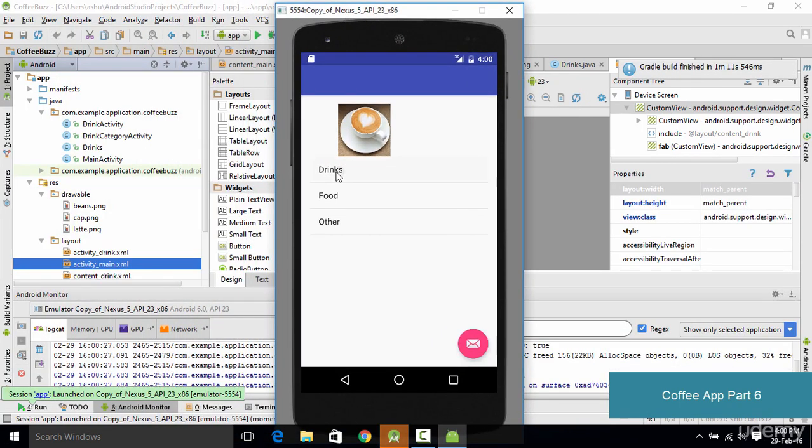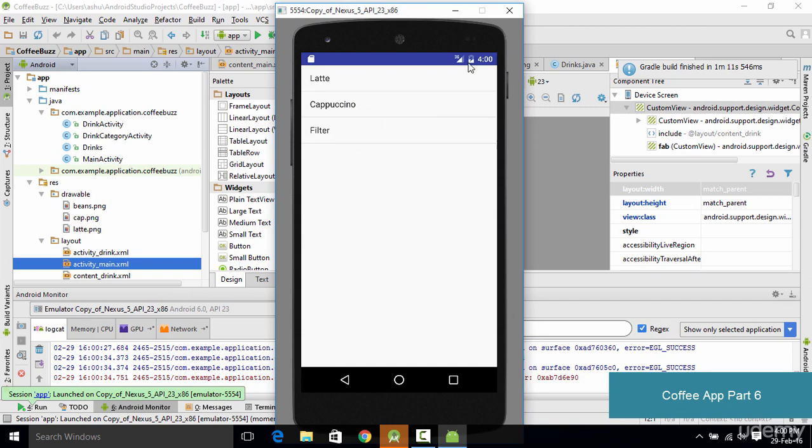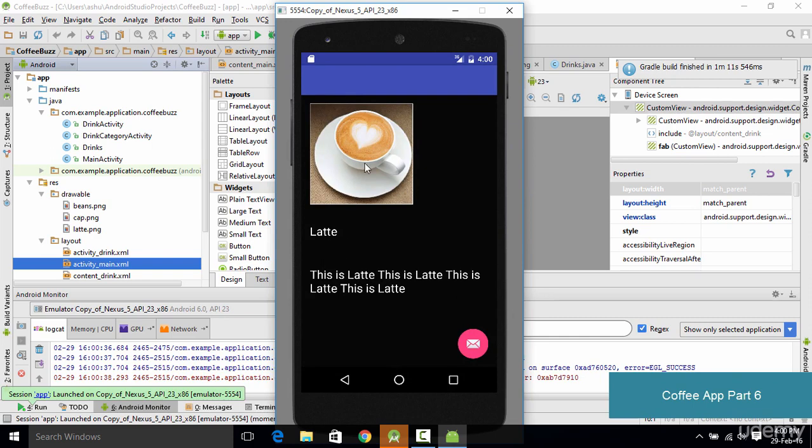If we select the first option, drinks, it brings us to the list view activity, and when we select latte, it brings us to this page which has the name of the product and the description of the product along with the image. So that's it for this tutorial, and I hope you understood how to create a simple coffee shop